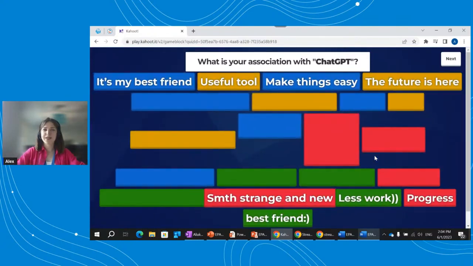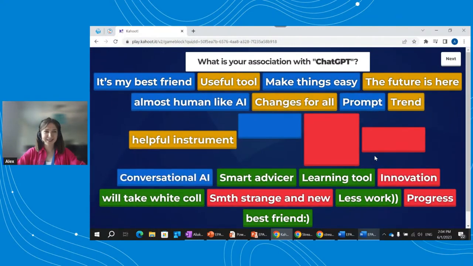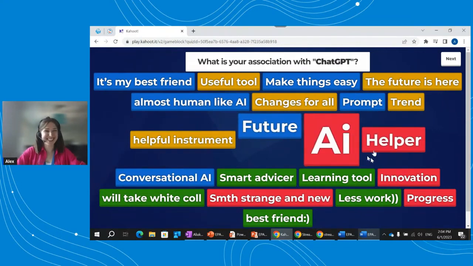And here is the word cloud. All right, it's my best friend. I like it. Helper. Okay, AI, smart advisor, learning tool. Yes, totally agree with you. Conversational AI. All right. Something strange in you. Yes, it was like that a little bit for me as well. Okay, I see that for most of you, the attitude towards ChatGPT is quite positive, and this is great news. And I believe that today, during the call, you will learn something